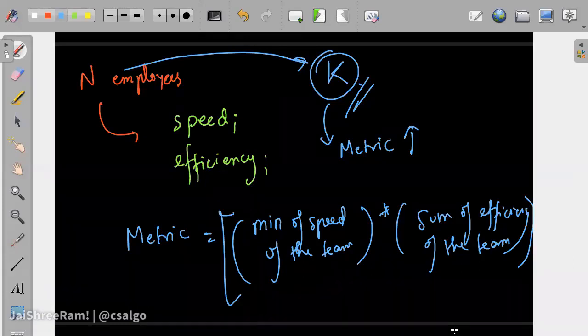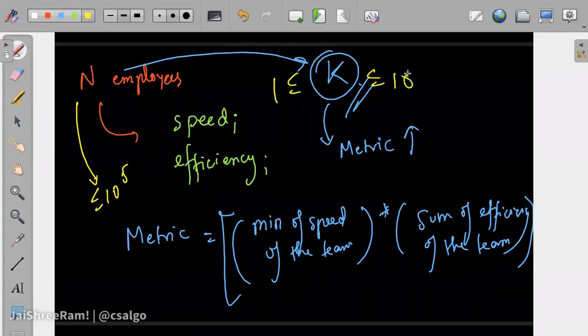Okay, and let's talk about constraints. We will try to solve this for up to 10 to the power 5 employees in the company, and k can be from 1 to 10 to the power 5.